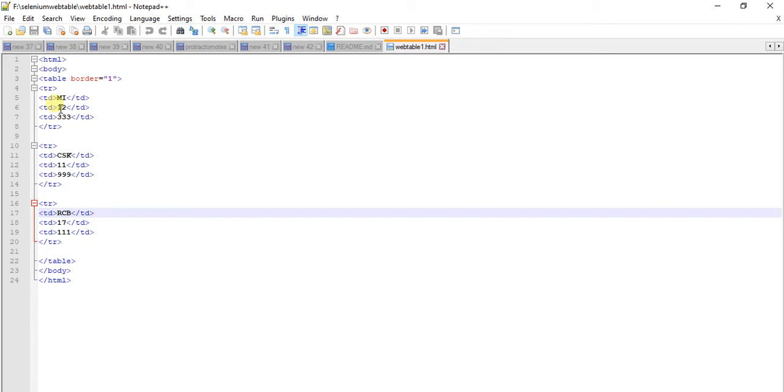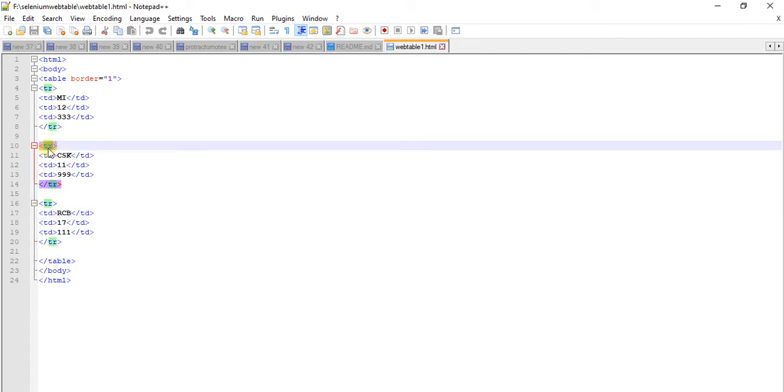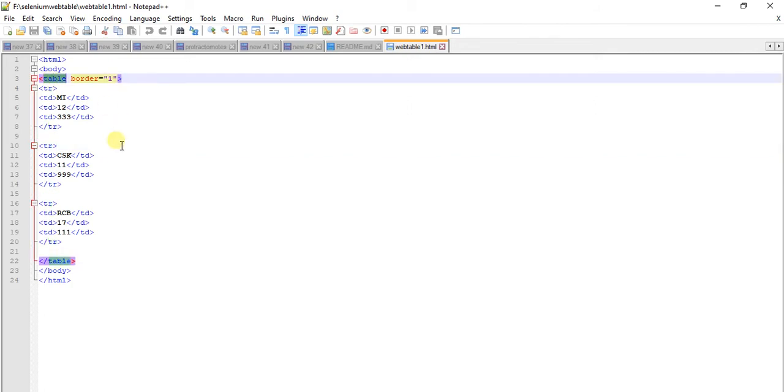Here TD represents the table data, TR is the table row, and table is called a tag.